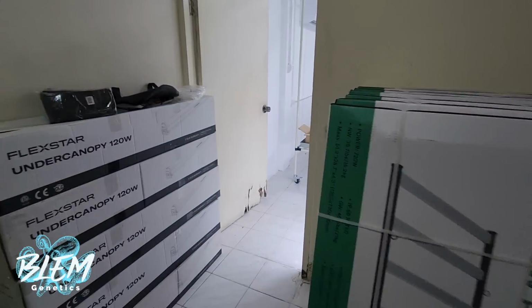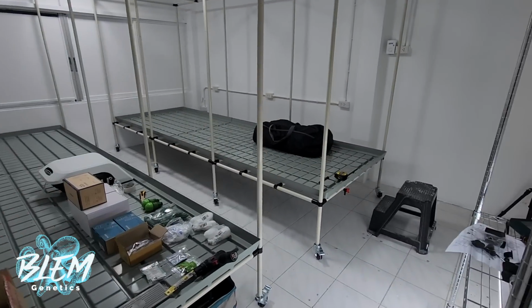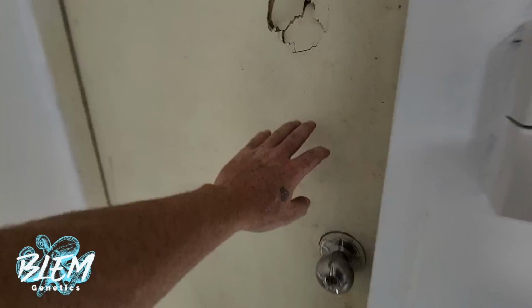We got a bunch of those, so we'll set up the clone racks and the pre-veg racks before the plants get moved into here. So we have a full setup from Flexstar in here. Last thing that we will be going over